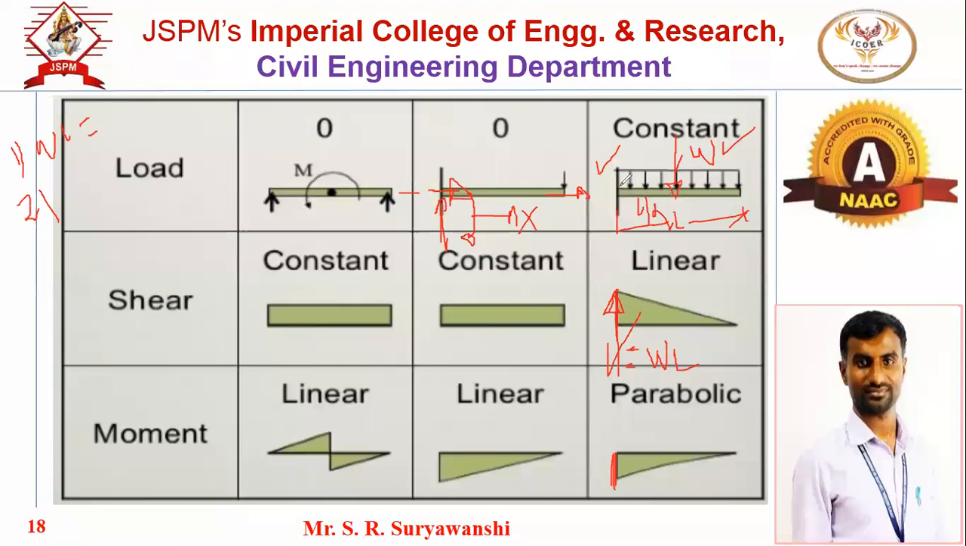Okay, where do we want the moment? We want the moment at the fixed support or the fixed end. WL into this L by 2. So that will be WL into L by 2, so that will be WL square by 2. WL square by 2 is the maximum bending moment in case of a cantilever beam subjected to UDL on the entire